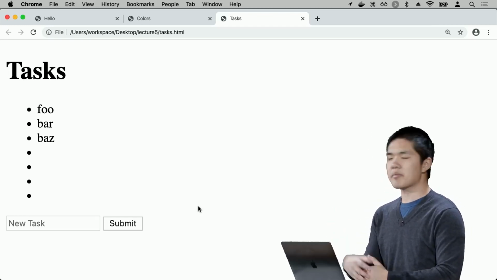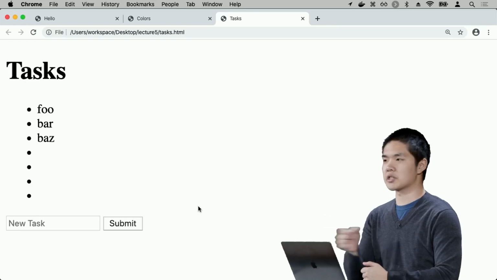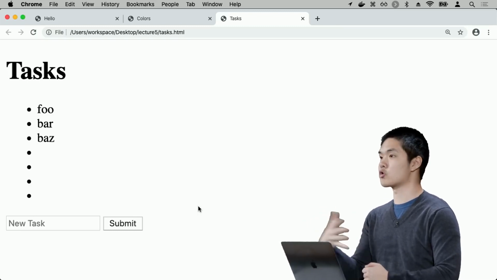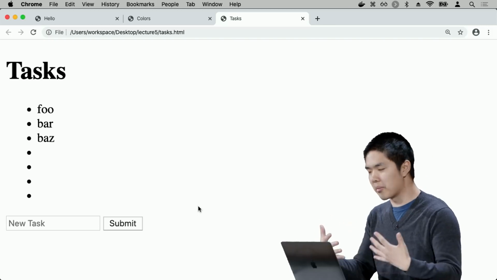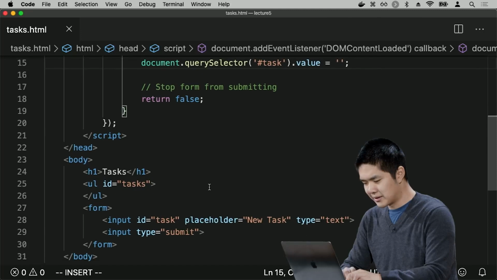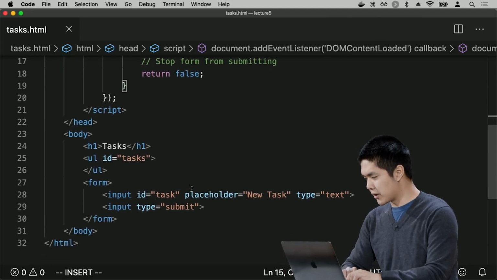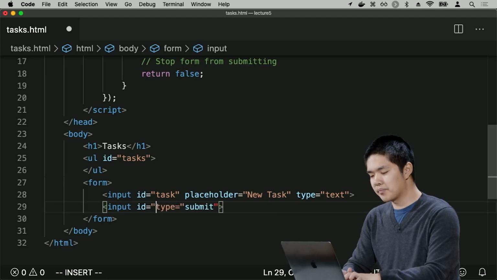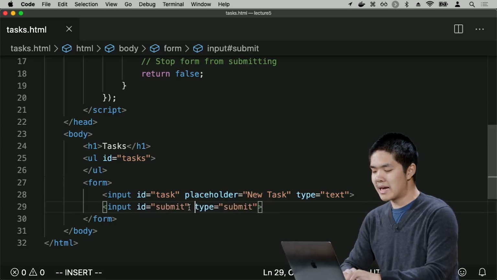And we can do that just by modifying properties of elements. It turns out that HTML elements have a property called disabled that can be true or false that allows us to disable something like a button. So if I want to disable the submit button, one thing I might want to do first is give this submit button an ID. I'll give it an ID of submit